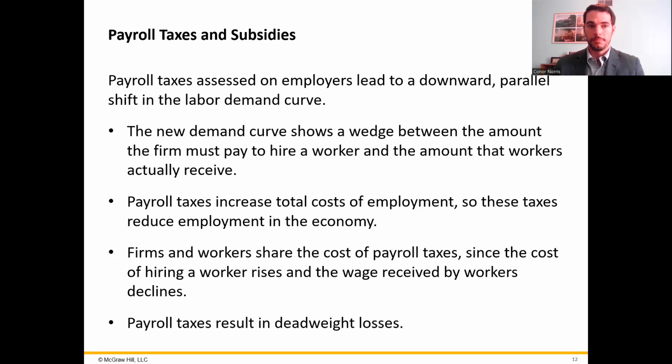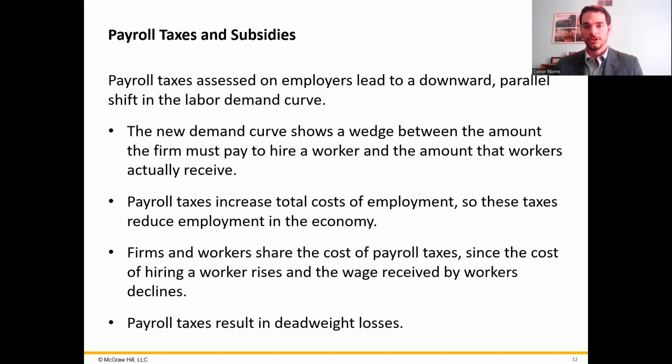Welcome back. Now we're going to pick up with the section on payroll taxes and subsidies. Now that we've built an understanding of the labor market equilibrium, we can explore how the market will respond to changes in different government policies. So we're going to start with how government policies like payroll taxes and employment subsidies can impact this balance of